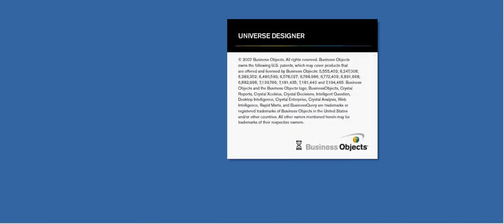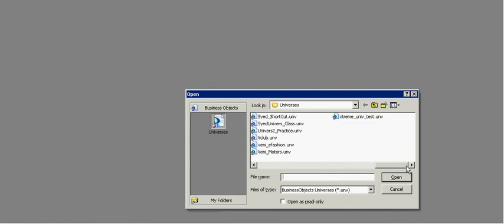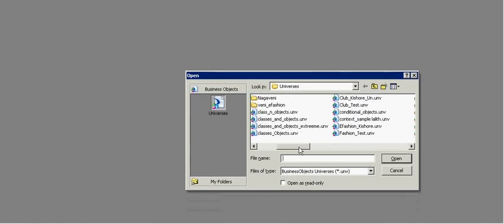For a new development, we have the new option here. If you want to see all the developed universes, these are the universes some people already developed. Let me open one of them. So this is an already developed universe.